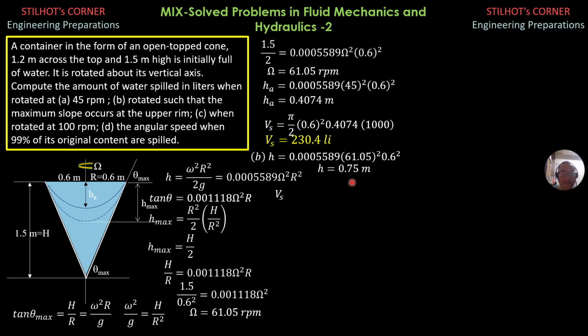So volume spilled is pi over 2 times 0.6 squared times 0.75 times 1,000, and this should be greater than that. So it is equal to 424.1 liters. Next, when rotated at 100 RPM, so this is 61.05. So when rotated at 100 RPM, this is greater than 61.05, and the slope cannot go beyond theta max, so